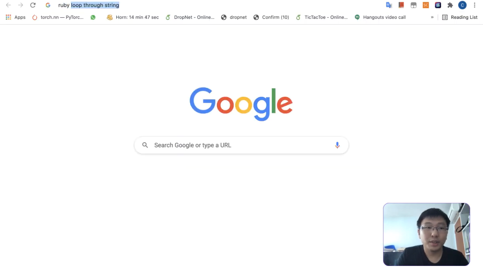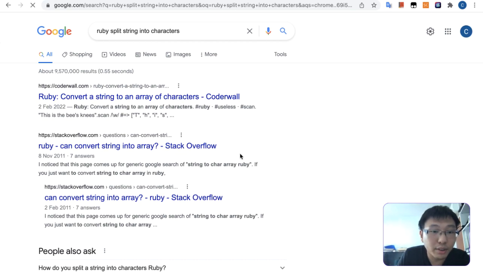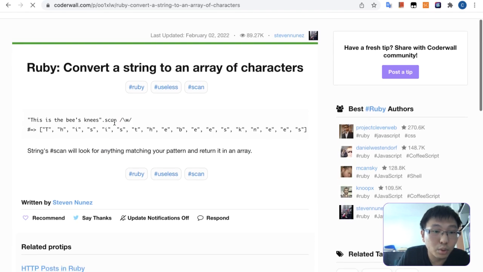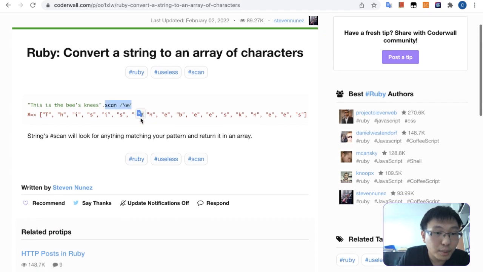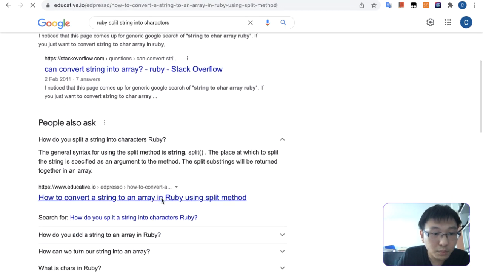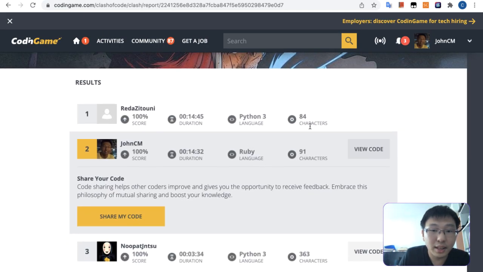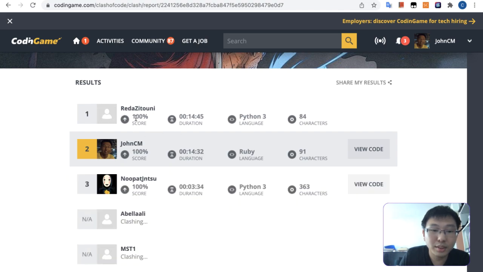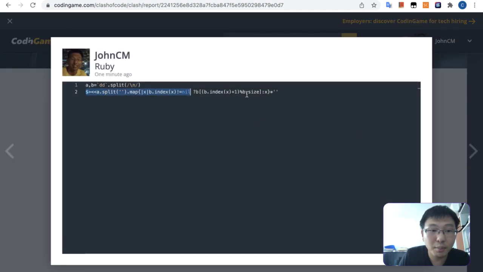Okay. Ruby split string into characters. Wonder if there's a shorter way to convert to an array of characters. Oh, I can do a scan like that. Dot split. I wonder if this scan method will be shorter than this dot split method. Looks like string dot split still looks short enough for me. Oh, look at that. Python 84 characters. That's quite cool. I think maybe because in Python you can do the dictionary using a list iteration, it might be shorter in Python. Not too sure about this, but